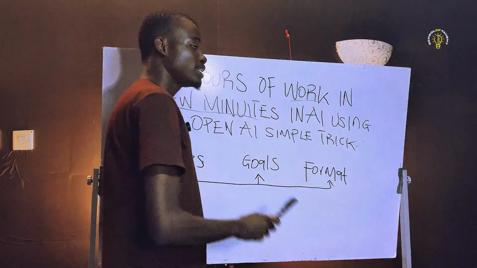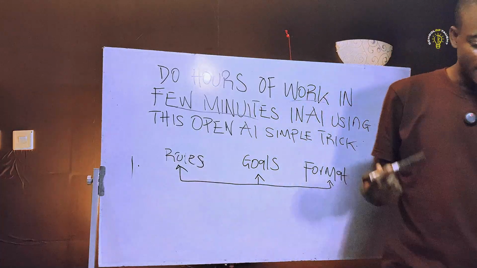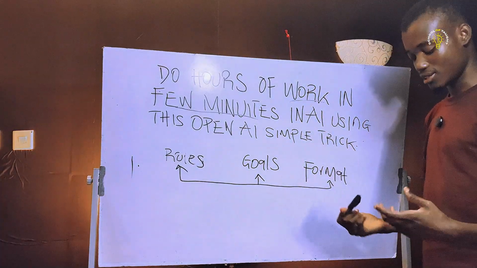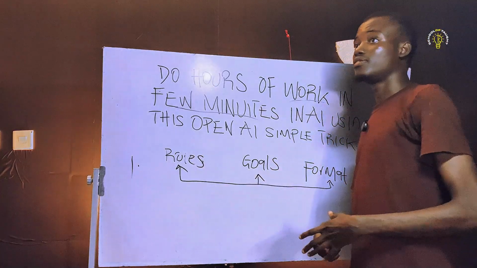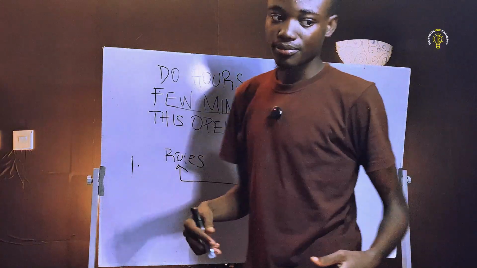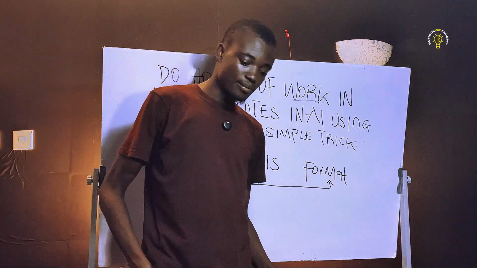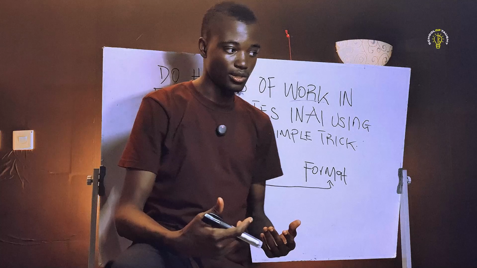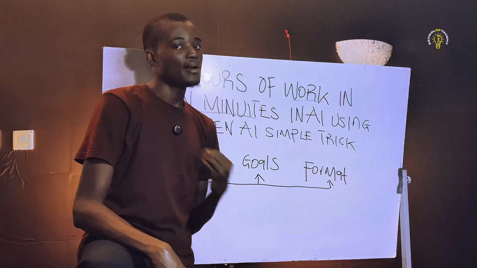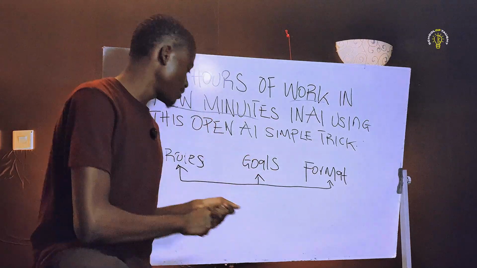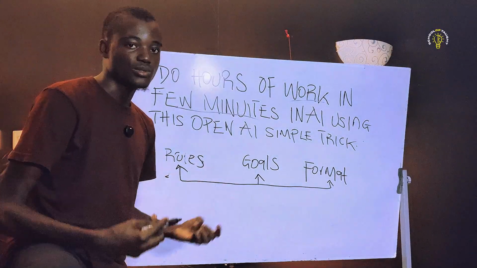So the place of roles is you are telling this AI, this ChatGPT, this is what I want you to act as. I want you to assume the role of this person. So, for example, you are feeling down. It's not advisable though. You are feeling down, and you go to ChatGPT and you want it to take up the role of a therapist. So you tell it, I want you to act like a therapist. I want you to act like a consultant.